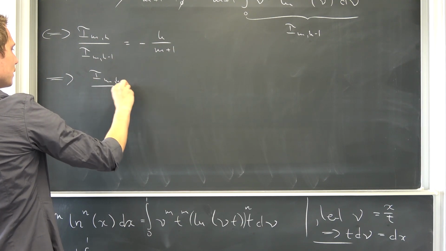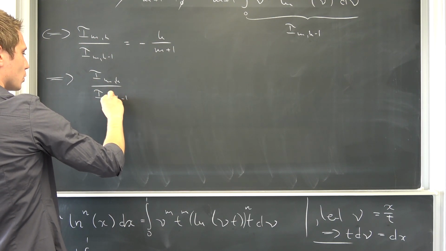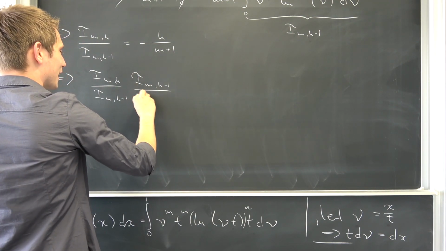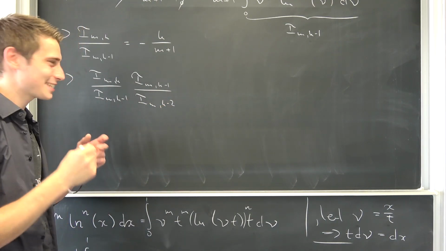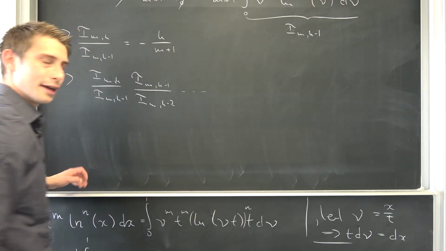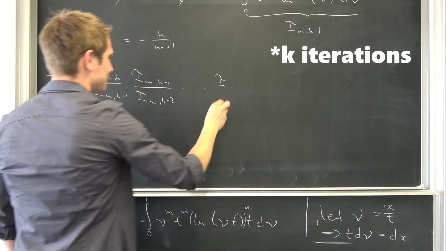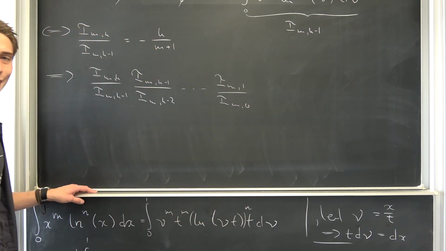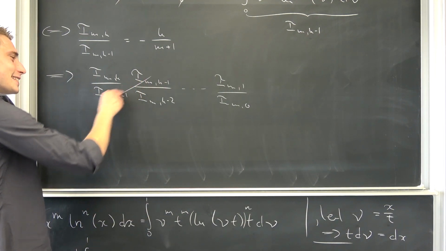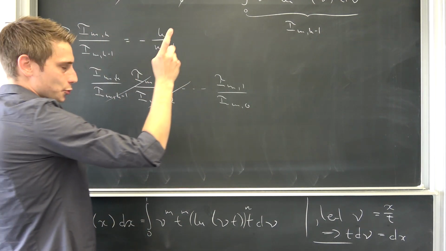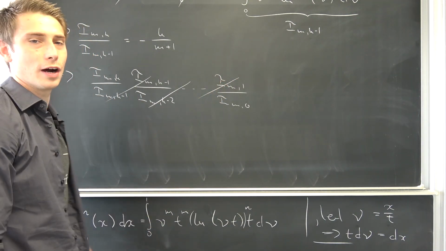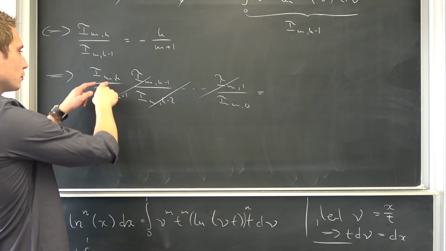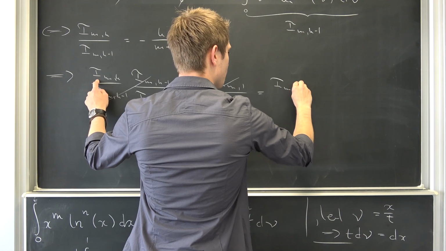I of m comma k over I of m comma k minus 1 times the next member in the sequence, I of m comma k minus 1 over I of m comma k minus 2. This is so fabulous. Can you see why this is nice? K minus 1 iterations up until I of m comma 1 over I of m comma 0. So cool. This and that is going to cancel out. The next one is going to cancel out, and the next one, up until 1 over I of m comma 1 and I of m comma 1 is going to cancel out. Overall, we are going to be left with I of m comma k